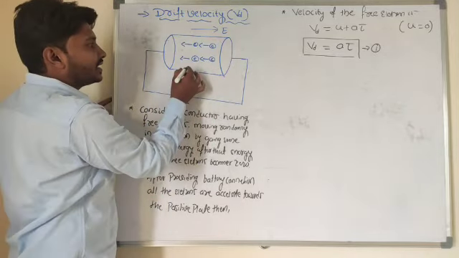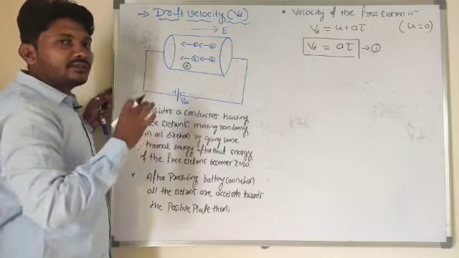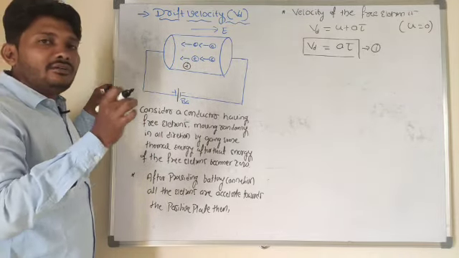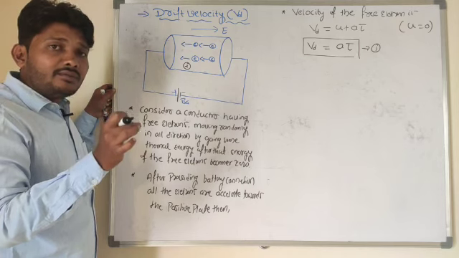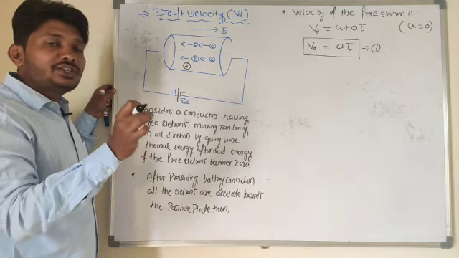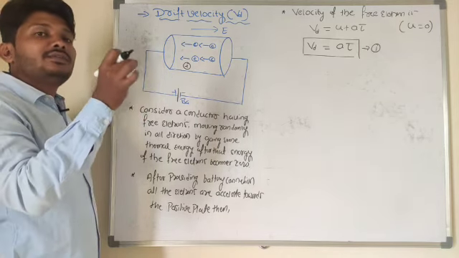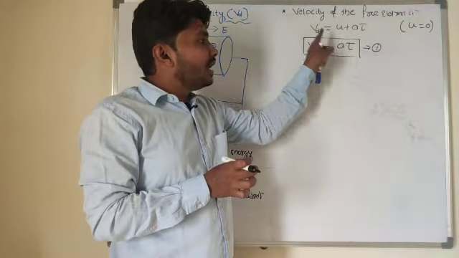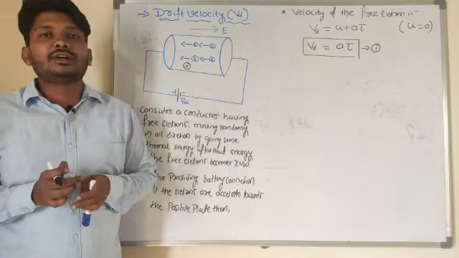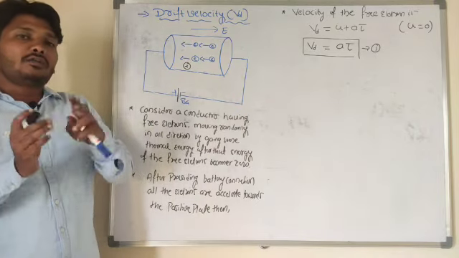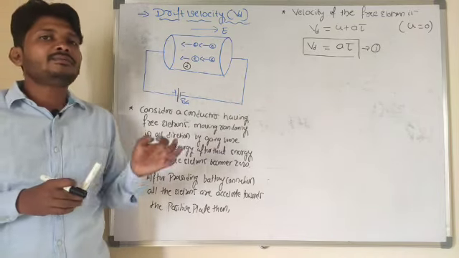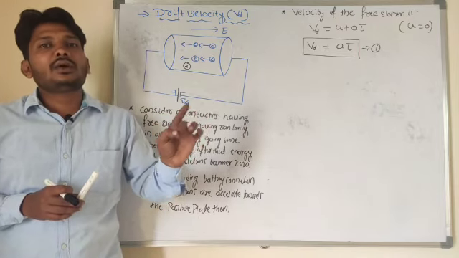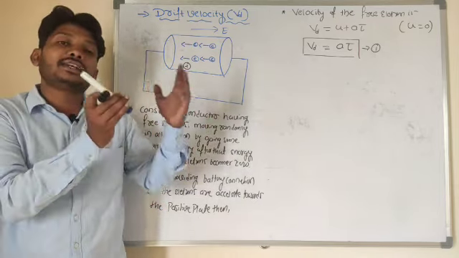So in case of that conductor consists of free electrons as well as fixed ions here. The average time interval between two successive collisions of the electron with fixed ions, that time interval I can call a relaxation time. So remember that word, relaxation time here. How will you define that relaxation time? The average time interval between two successive collisions of the electron with fixed ions.